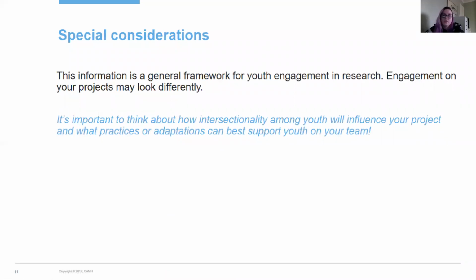So some stuff that you can include would be working with members from these specific populations on your team for guidance, partnering with researchers who have knowledge of working with these populations, offering trainings for your team on best practices for working with them, and thinking about any support that youth may need to be actively involved. So be open with youth on your team about any specific needs that they might have. And for some populations, you also might want to take a bit of a trauma-informed approach or follow specific ethical review procedures.